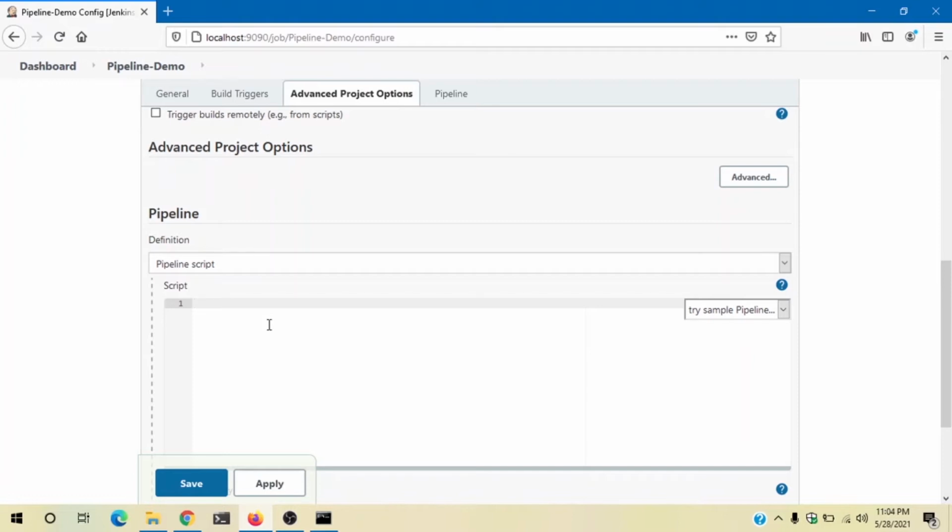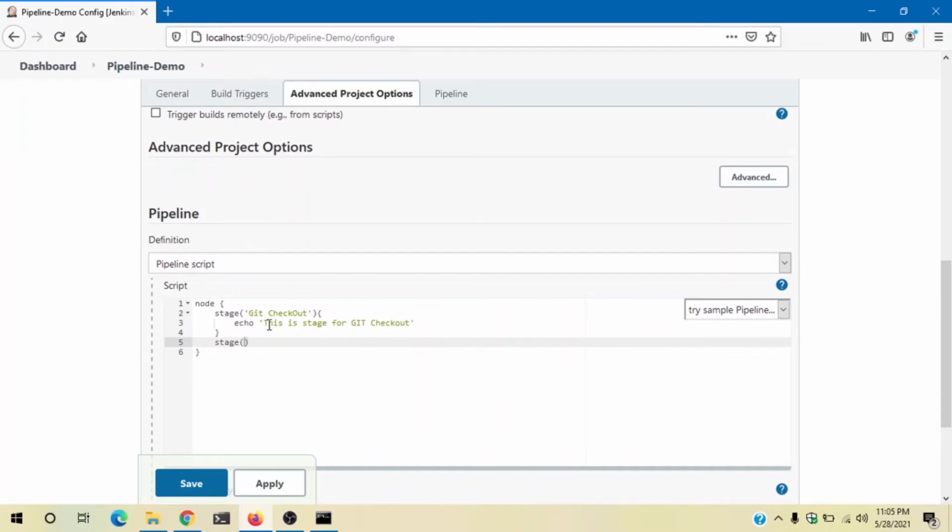So the first stage, what I want to do is check out my Git project. So I'll name the stage as Git checkout. I'll close the braces here and then I type echo, this is stage for Git checkout. I'm just echoing the statements so that we can see whether our pipeline is basically working or not, and basically set the stage first.